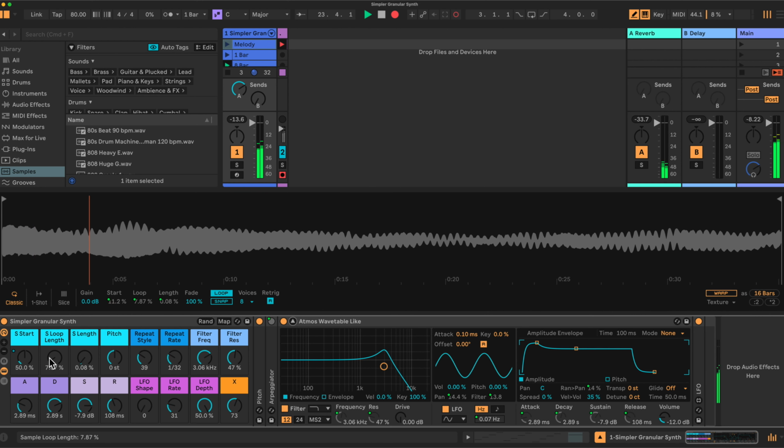We have control of the sample start, the length of the sample, loop length, sorry, the length of the sample itself. We can adjust pitch if we want to here. Have to wait for a new note to be played down the bottom. I've also got here an arpeggiator built into the rack to create these rhythmical effects. I can change the repeat style of the arpeggiator here, the speed,